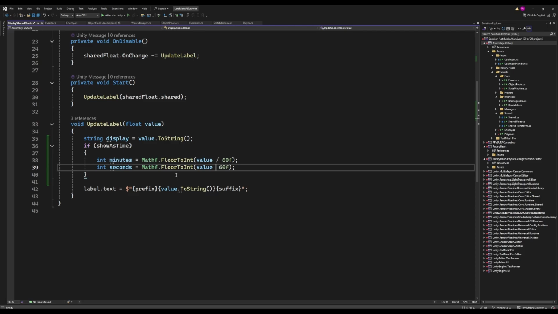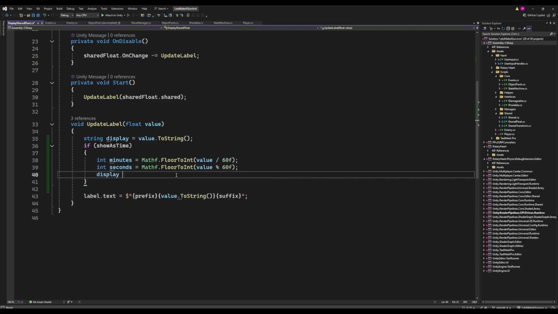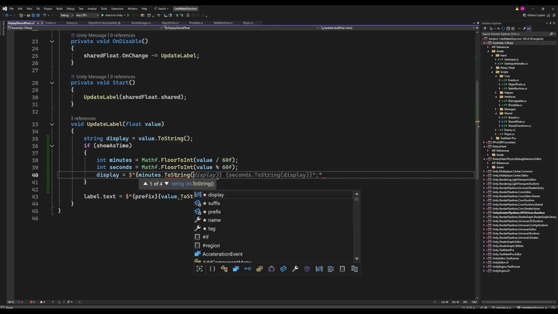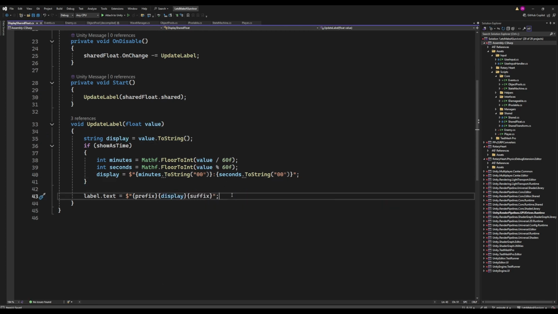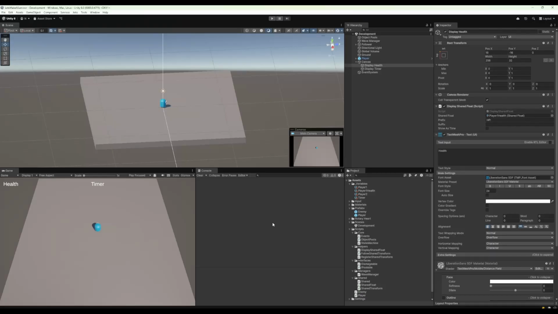We want to do modulo 60. And then we want to set display equal to minutes.toString with the format of 00, so that it gives it that time format of 01 to 10. And the same thing with the seconds, format 00. Then we just need to change this down here to display. Okay, save that. Jump back over to the editor, and there's one more thing we need to do that I